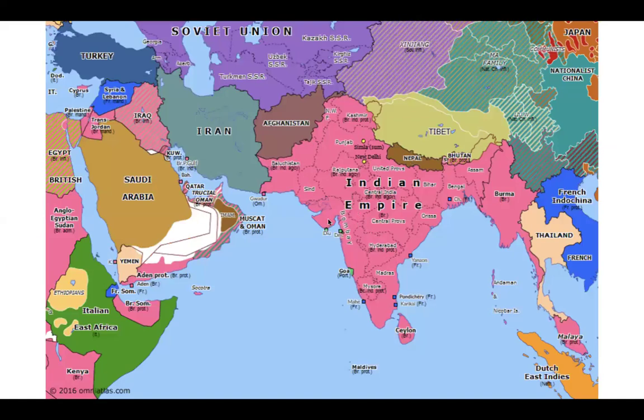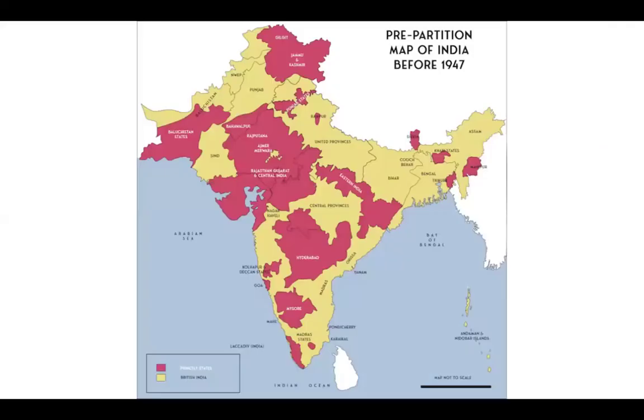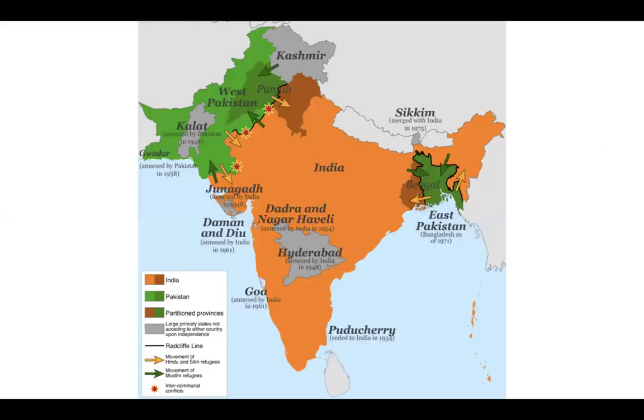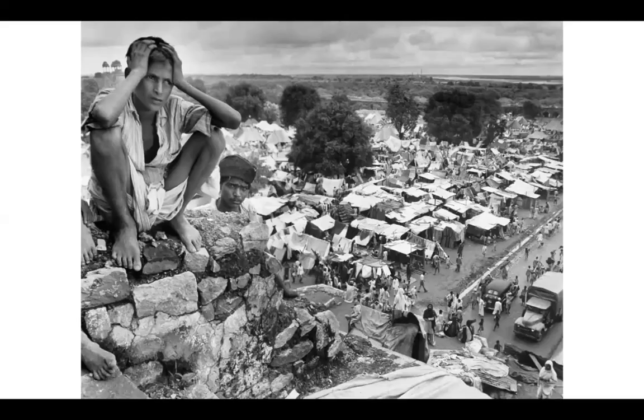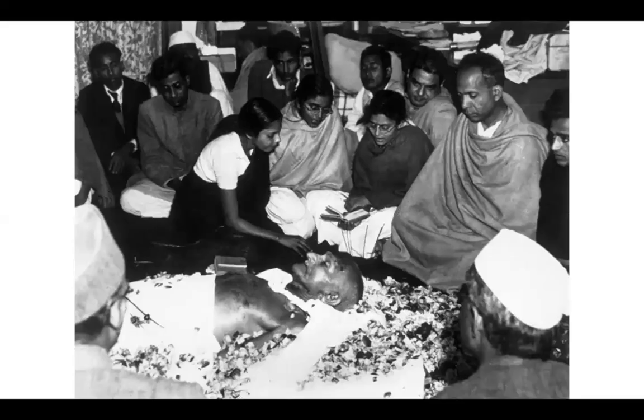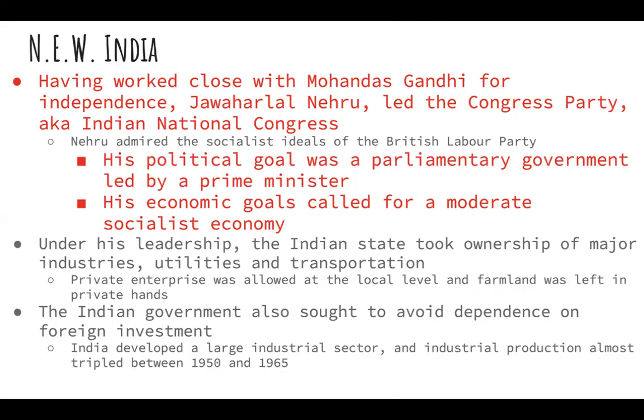So this is India. This is India before. And then this is India now. Well, back in 1947, 1948, these are pictures of the more than, I think the picture said, like 2 million migrants. So it's a lot of people, a lot of people live there, and that's sadly Mohandas Gandhi dead.